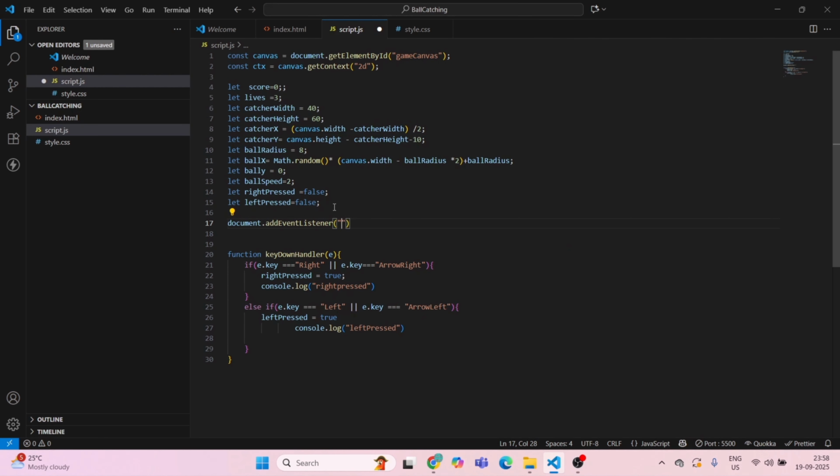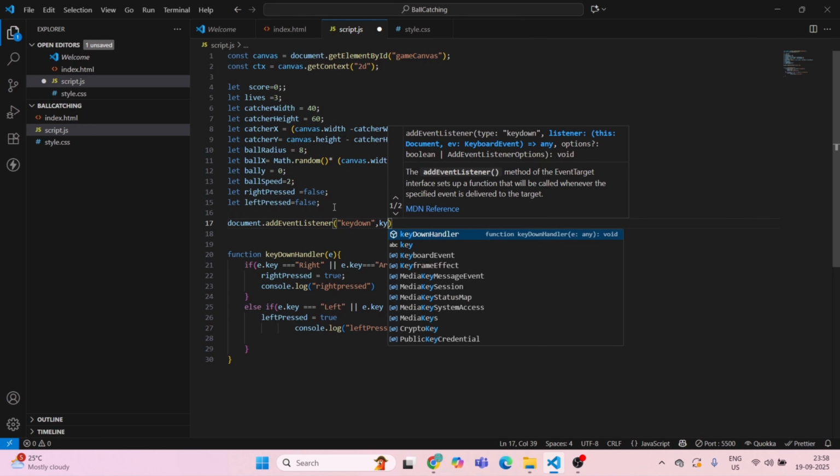This will be 'keydown', comma, keyDownHandler,